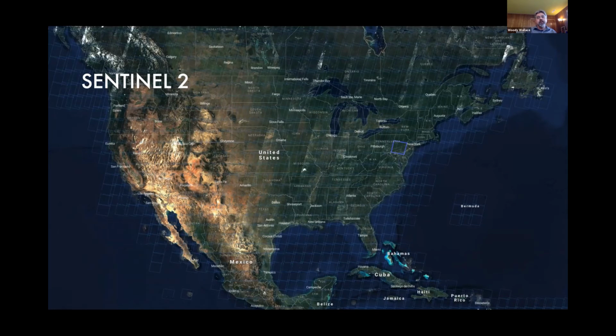Sentinel-3, and I believe there's Sentinel-4, Sentinel-5, which are more climate-related satellites. Those are also becoming available as public data. And